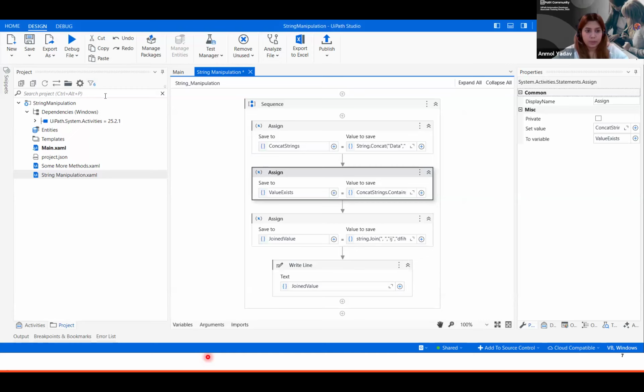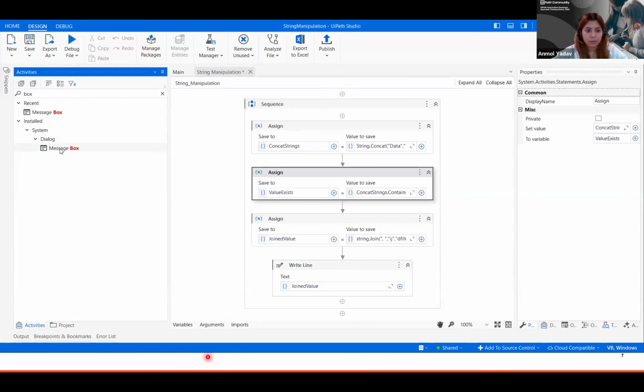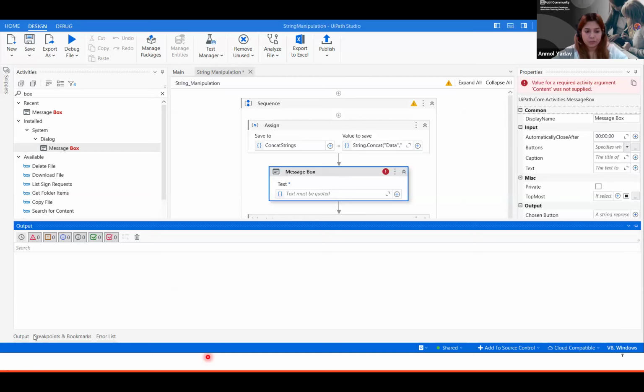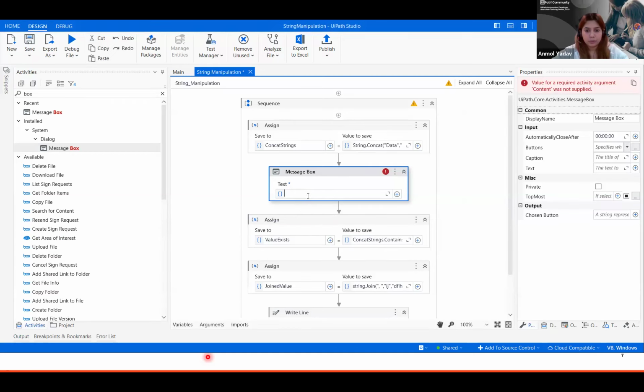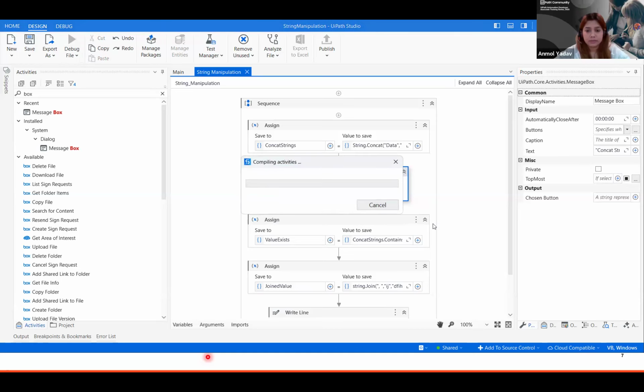Okay, so let me print this and see what's the output. Now I can either use a message box to get a pop-up on my screen, or I can use a WriteLine and I'll get the output here. For the demo purpose, we are going to stick with the message box. So if I do concat strings, and since it's a string, I can just directly use the variable. I don't need to change the data type. Now if I run it,